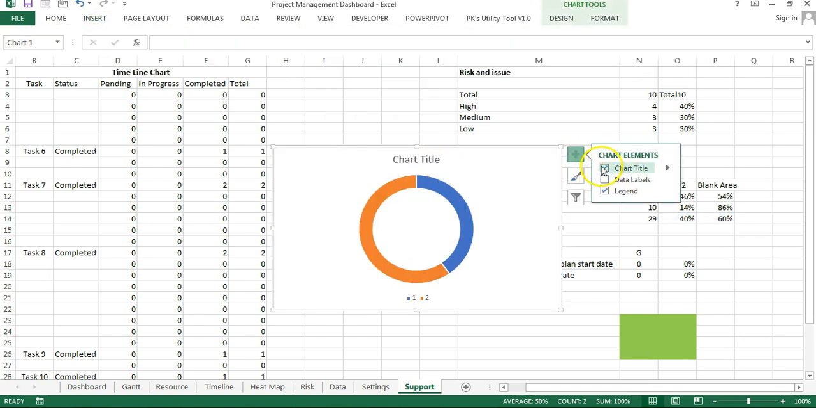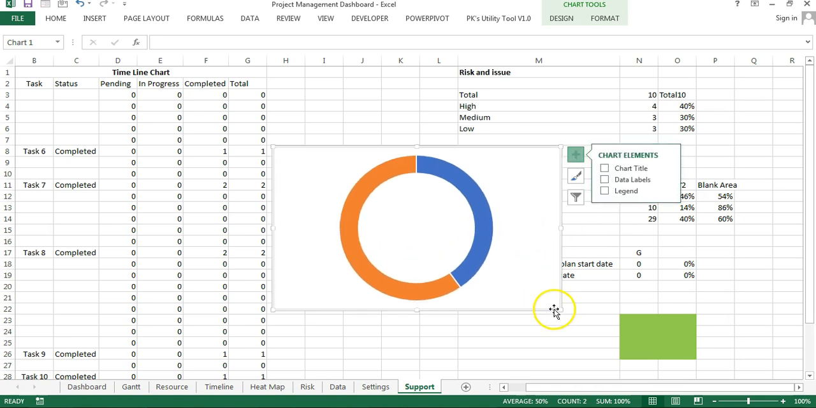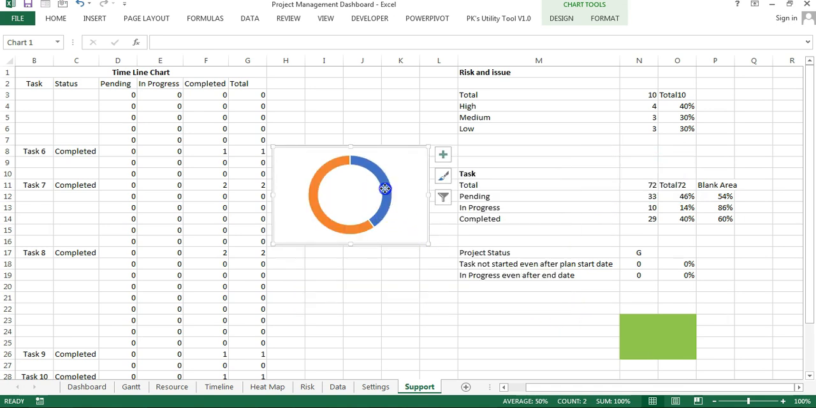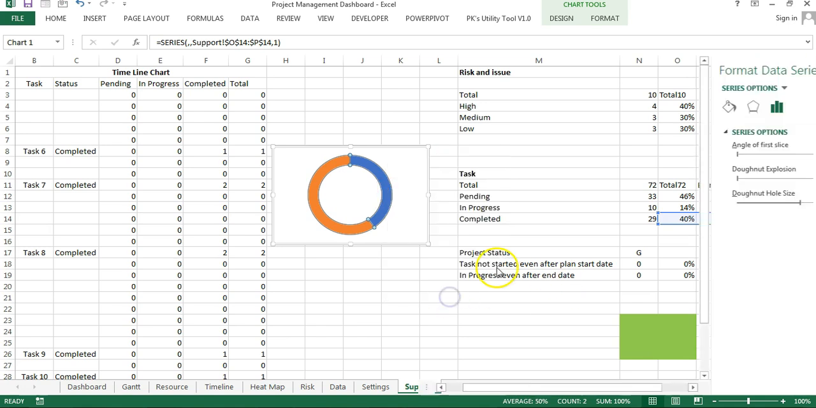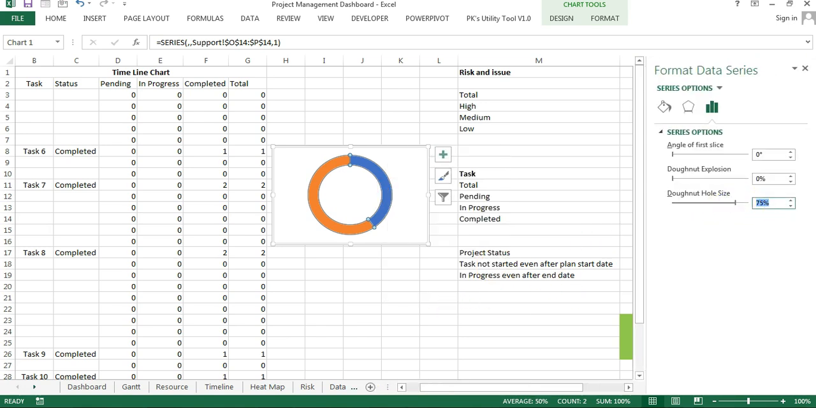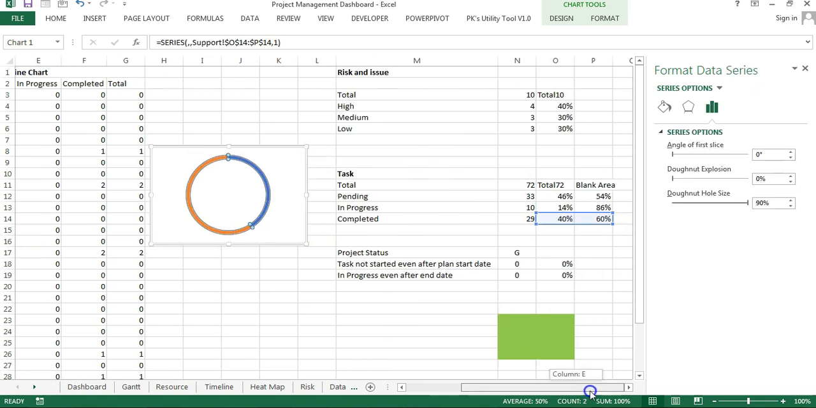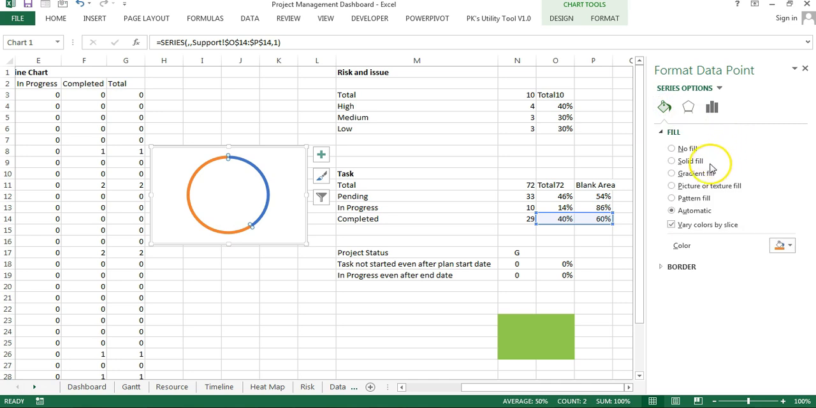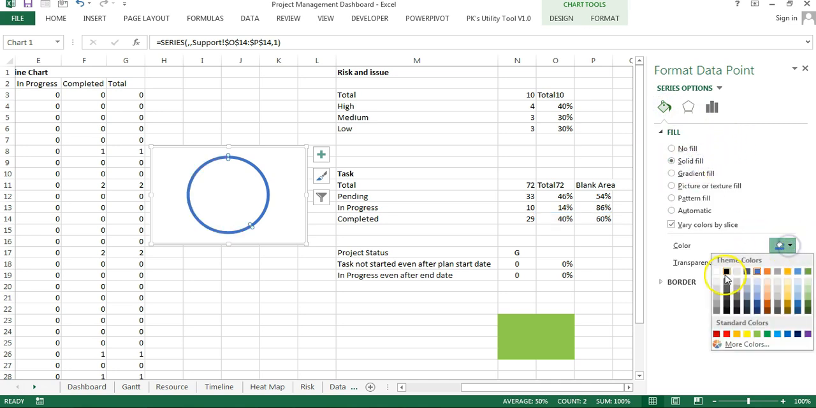So first of all, I will remove all the things from here and then I will make it slightly smaller. Right click, go to the format data series. Here we will take the whole size as 85 or 90%. Then if you will see, the 40% is completed, 60% will be blank. So for this 60%, we will take the color as solid fill and fill here some gray